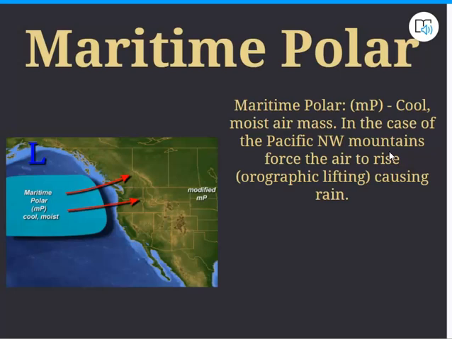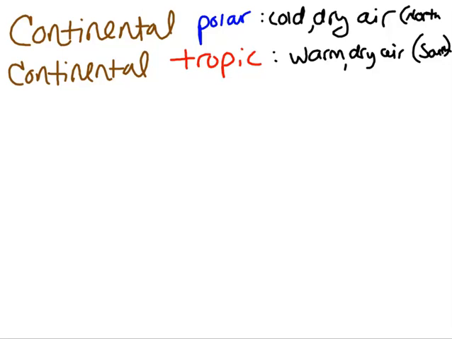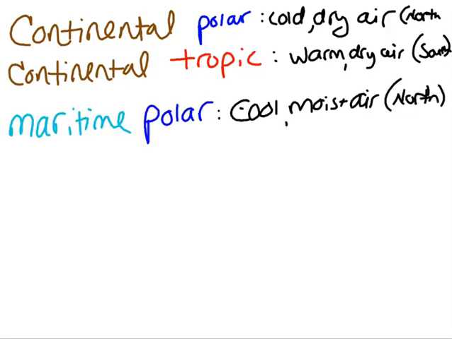Cold, moist air. If you notice, this is coming from more north. This is why it's so cold and rainy in Seattle so much of the year. Look, Seattle's going to be like right in here. That's why, because they have maritime polar air influencing them. Let me go to this. All right, maritime, polar. We click those Lego pieces together, Dawson.